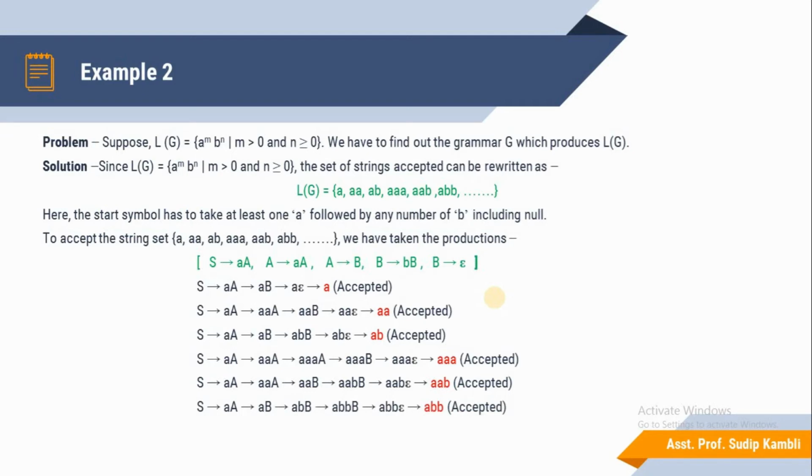And the last one is the start production aA, with A replaced by B, giving abB as a new production rule set.